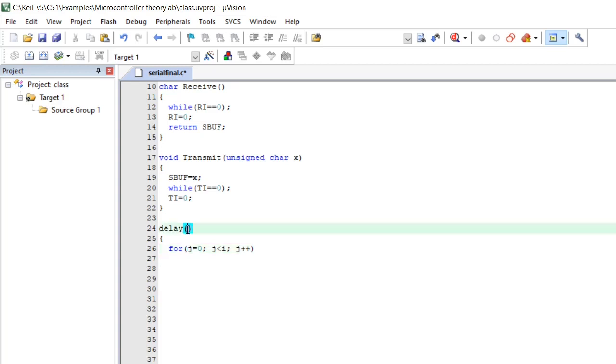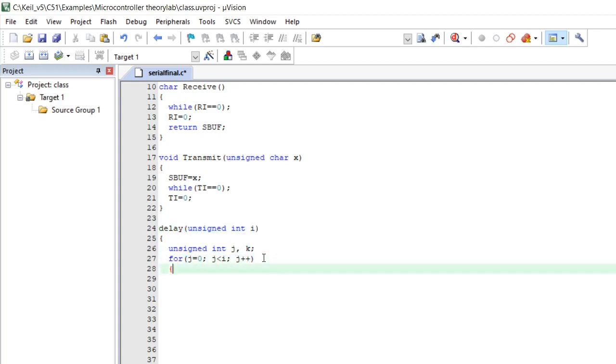Here j and i are two integers used: unsigned int j and k, and here unsigned int i.